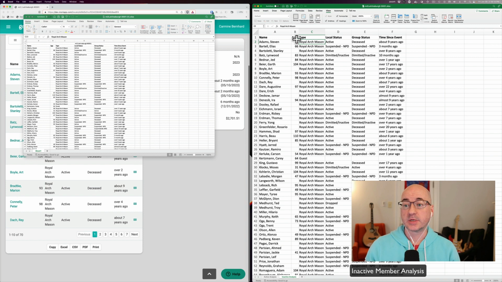And I happen to notice here that Elias Bartel is currently marked suspended, but he's not supposed to be. He was never suspended in my local according to all of our records. So I'm going to make a note column here. And he was never suspended. And that's an important one because there's an erroneous event on his member life cycle history, and we're going to have to go fix that. We're going to fix that in part 2, but we're making a note of that here.